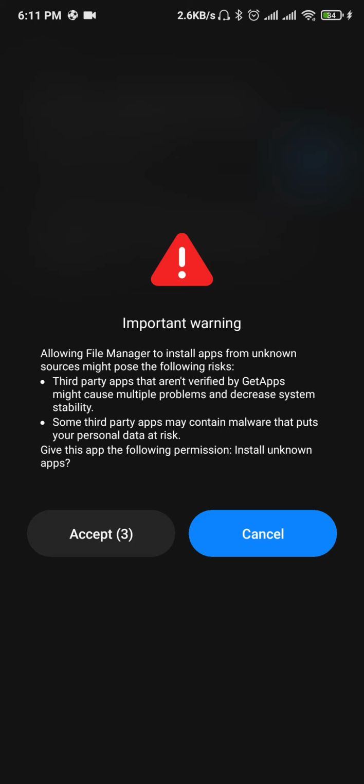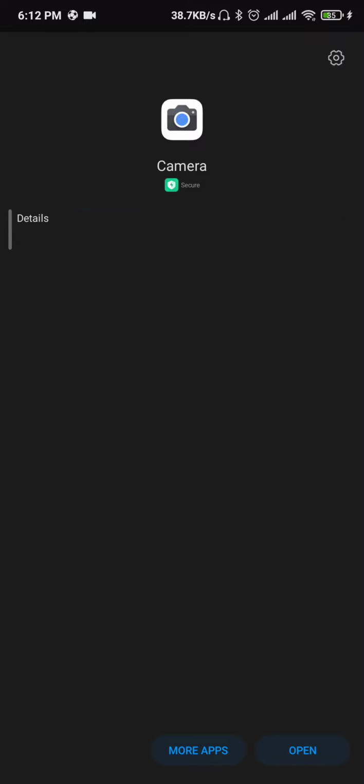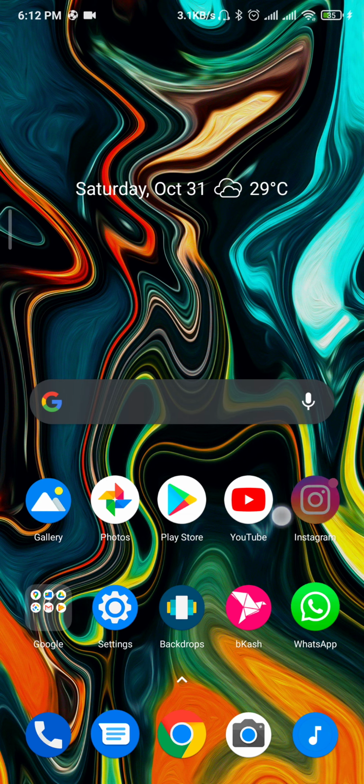So first, you need to install the GCam. Okay, so I have done the installation of the APK. So now you need to paste the XML file. You need to position the XML file in the correct folder. So after installing GCam,